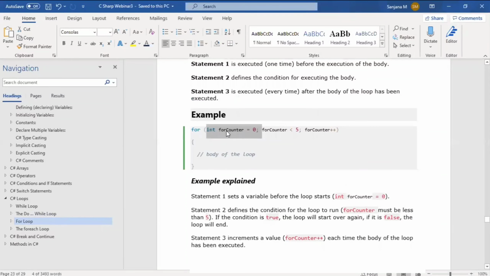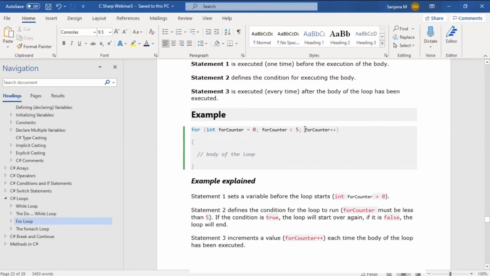Next, statement 2 is for a condition: counter less than 5. Until the counter is less than 5, the loop will be executed.